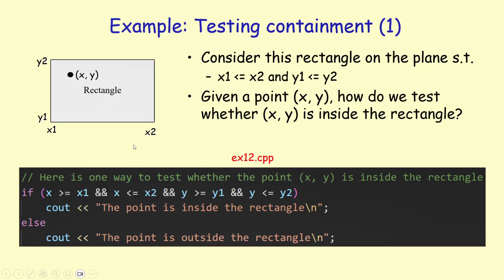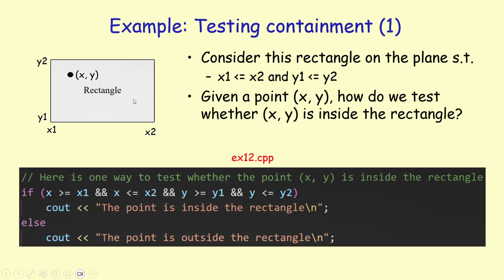All right, so here's how we can test it. A point xy is inside the rectangle if the x coordinate is in between x1 and x2, even if it's equal to x1 or x2, and the y coordinate is in between y1 and y2. And this is how you can write it. So we are now testing for containment of the point inside the rectangle.